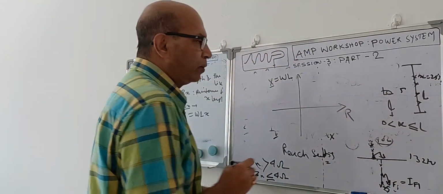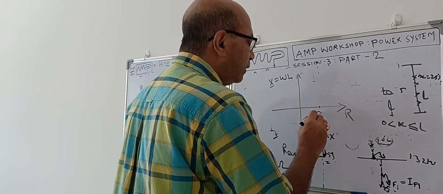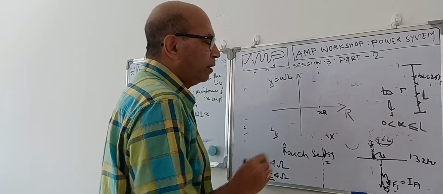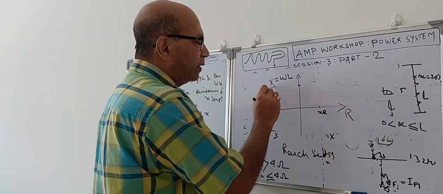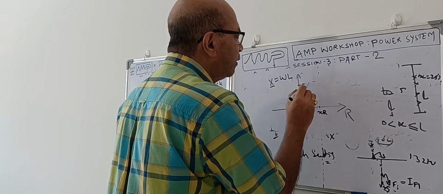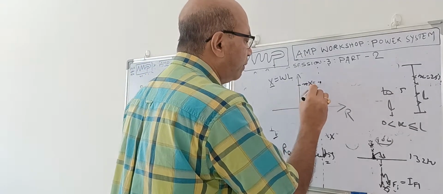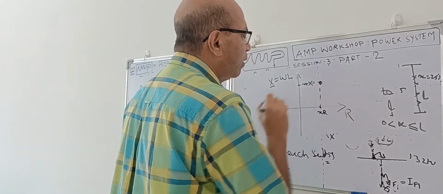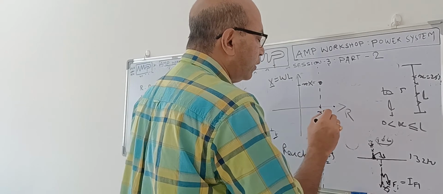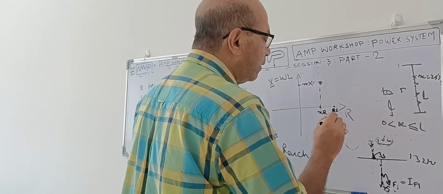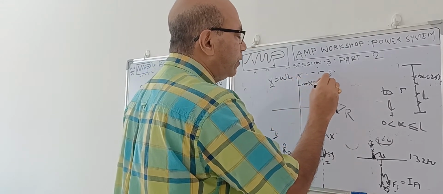Now for x of the length, the resistance is x into R. For the x length of the line, resistance is this amount. Reactance, how much? Per unit length reactance is X. For x length, it will be x into capital X. So you are getting one point over here for this x. If you go to total length L, it will be R into L, the total length, and reactance will be X into L, so this will be this point.